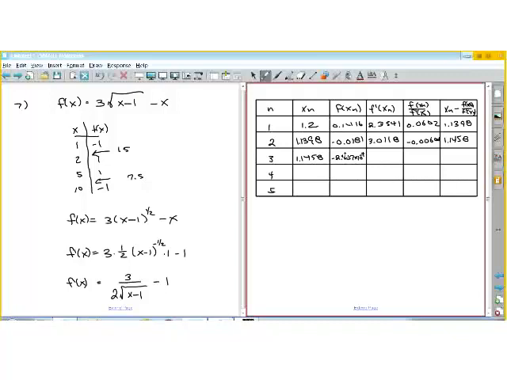Slope is going to be 3 divided by 2 divided by the square root of 1.1458 minus 1. So I get 2.9284. Divide those out, so I take